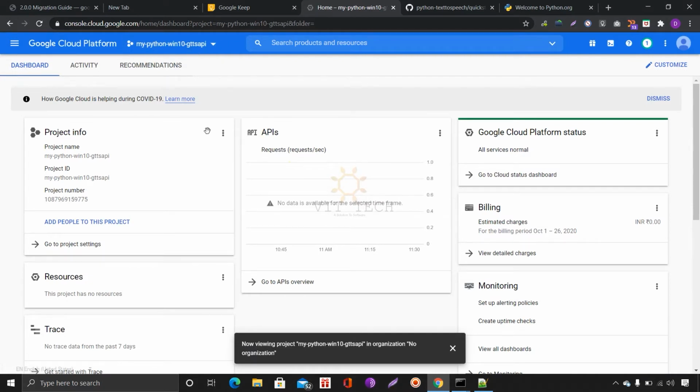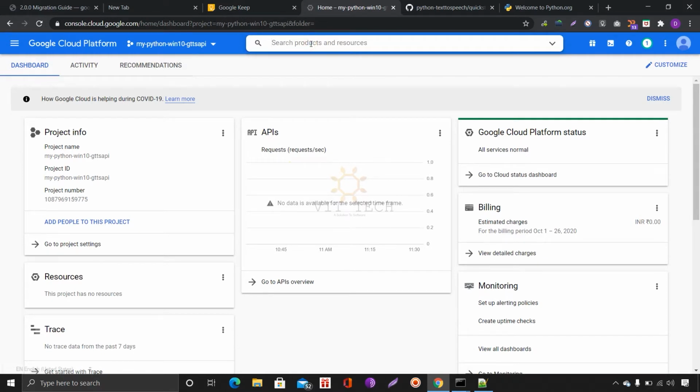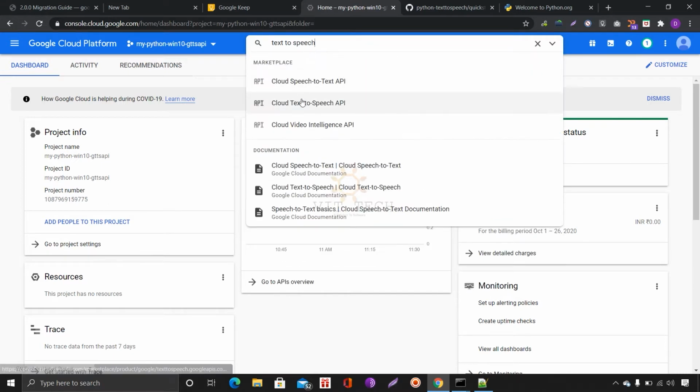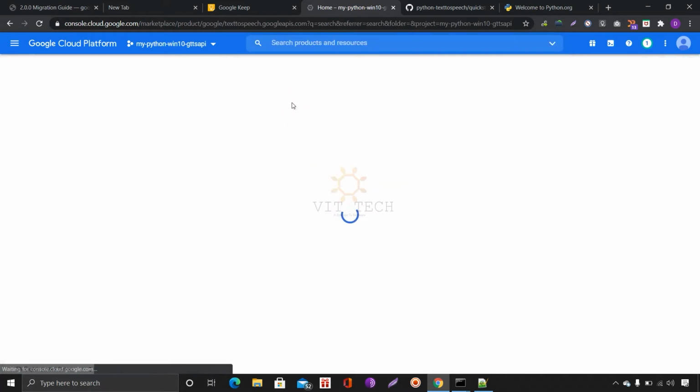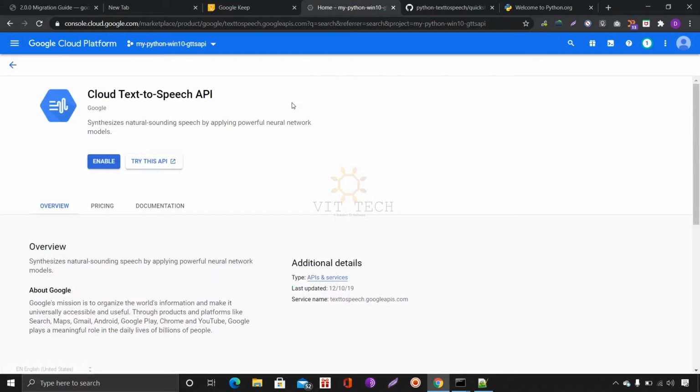So now the next step, we have to create API credentials. Type text to speech. Here the second one you select. Here you have to enable the API. Enable it.